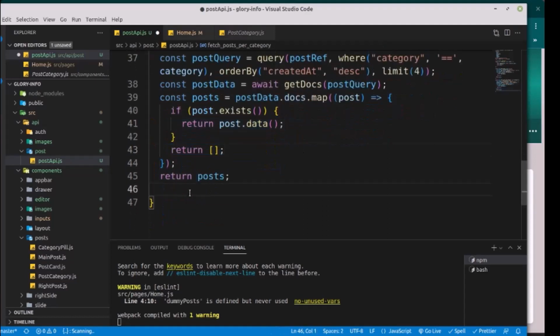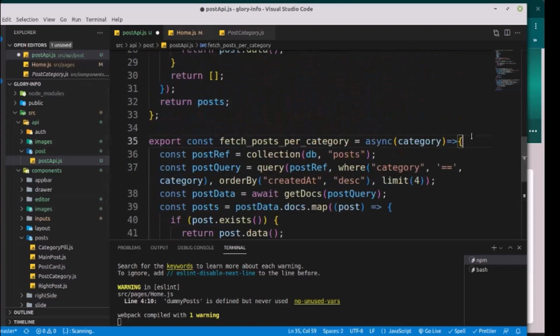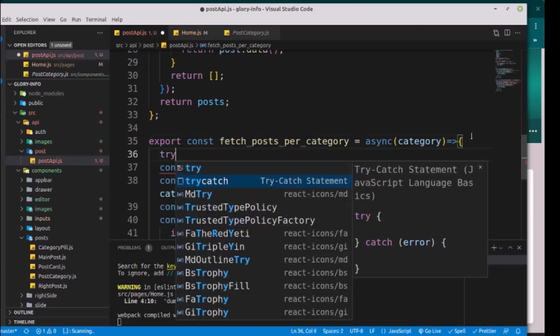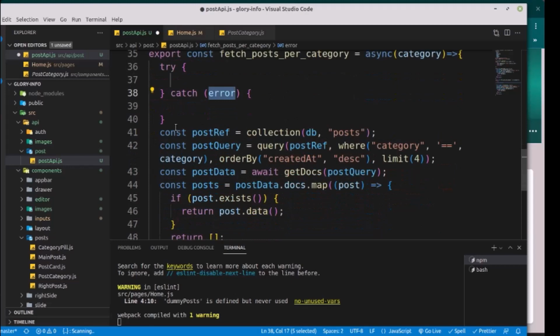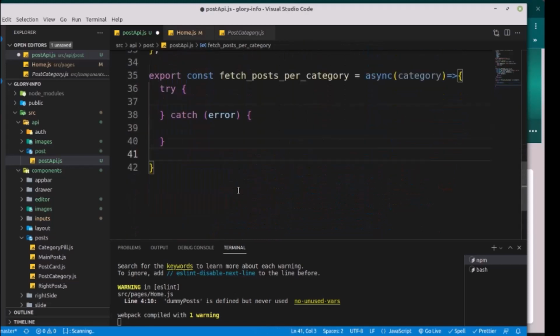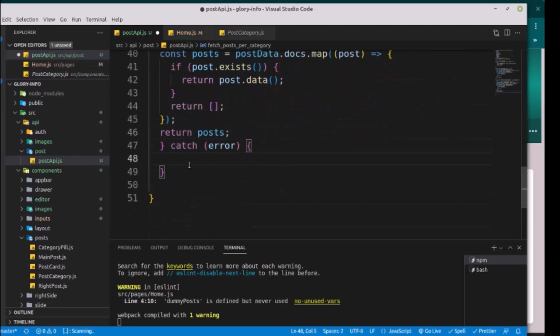And at the end of this loop, we want to return this post that we created here. Okay, so the same thing that we did the first time over there. And now, since this is an async function, we're going to use try-catch. So say try-catch, we'll take this whole function, all of this, and we have it here in the try. If there's an error, we want to throw the error